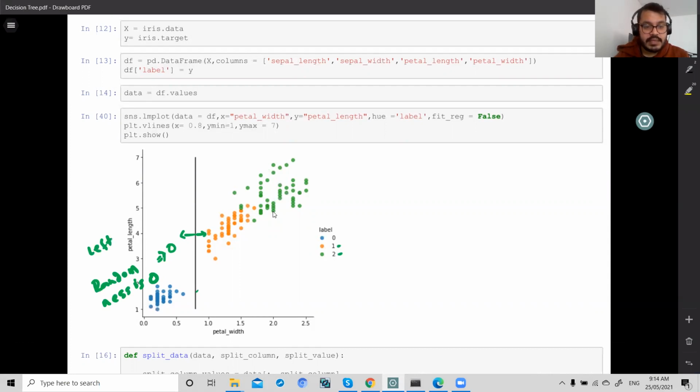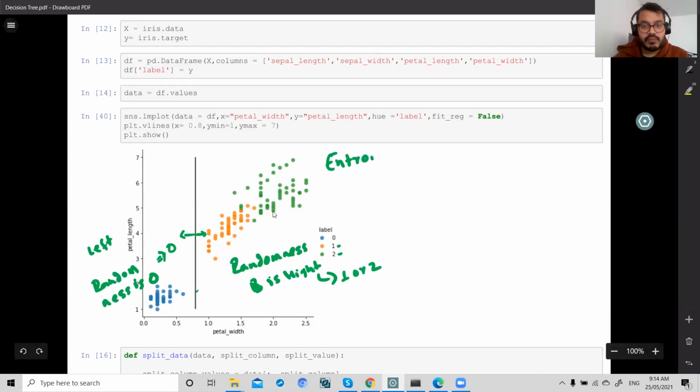So in the right part your randomness is high, because randomness is high because you need to do a split on the basis of 1 or 2. But on the left you don't need to do a split. So what does entropy say? Entropy measures the randomness